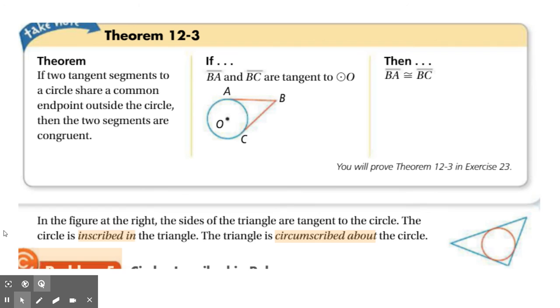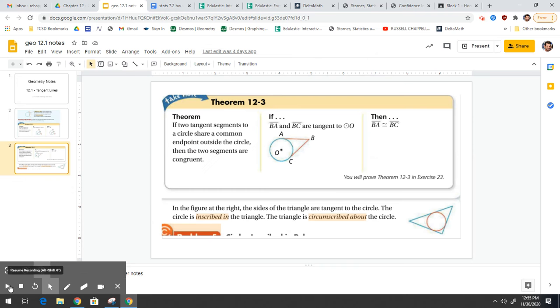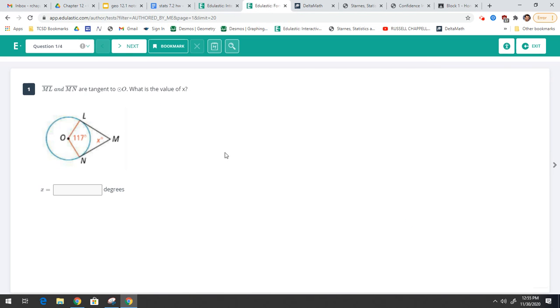All of our problems for this section are in Edulastic, so let's head there and do a couple problems. Here's the first one. We have a picture here, and it says that segments ML and MN are tangent to circle O. What is the value of X? Well, X is this angle here at M. So to do this problem,